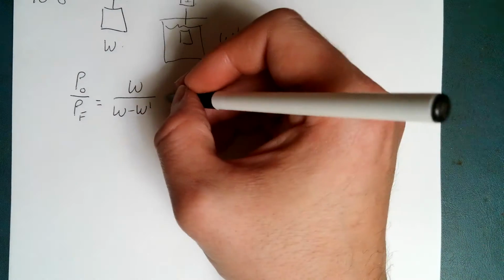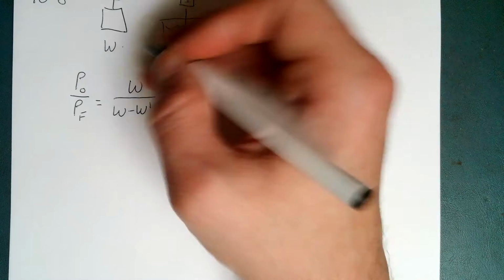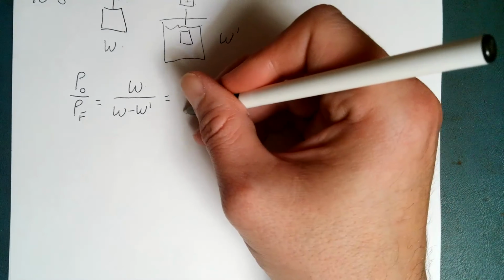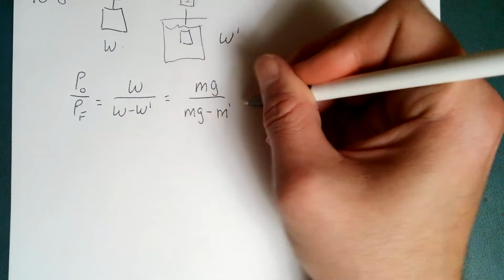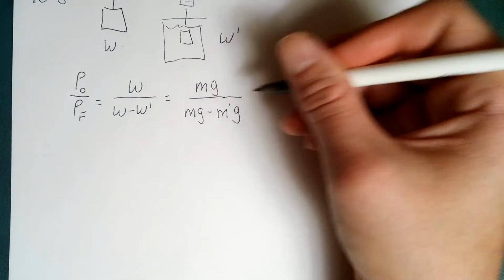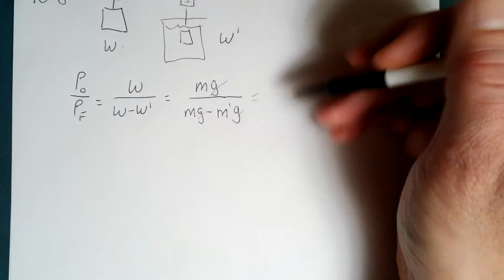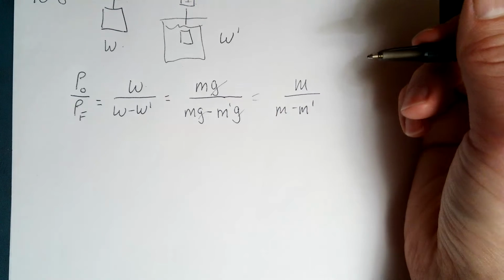Now, a little shortcut here is, what is the weight? Well, it's m times g, right? So we can write it like this. And I'm going to use m prime g. And the g's cancel. So in other words, you can go directly into the calculations with the masses or the weights, depending on what